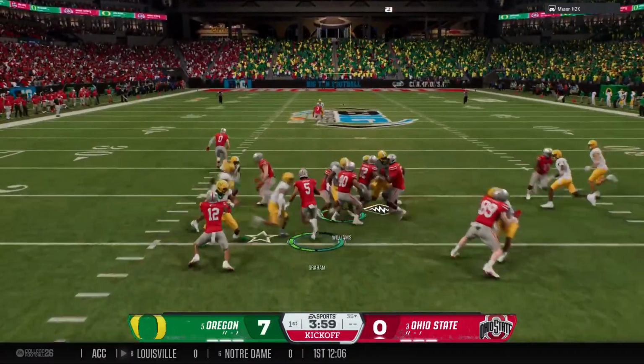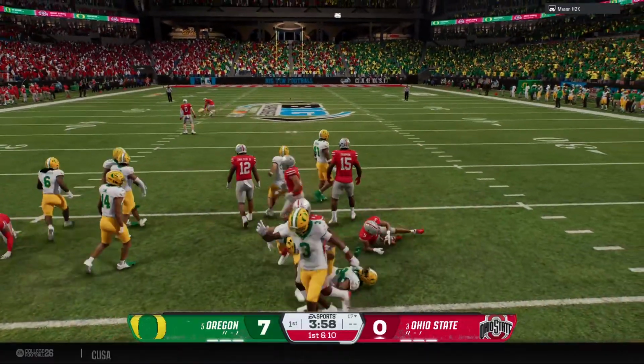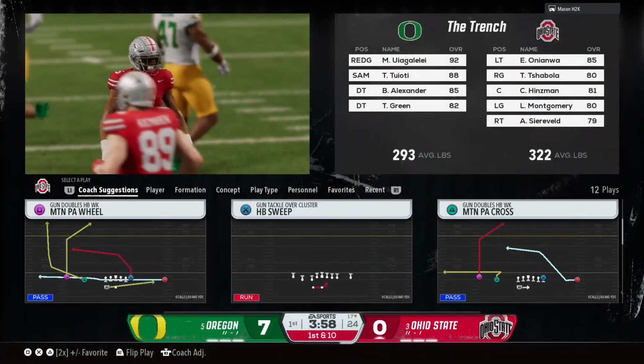Fielded in the end zone. It's Graham. He tackled at the 17. Strong job by the coverage team.